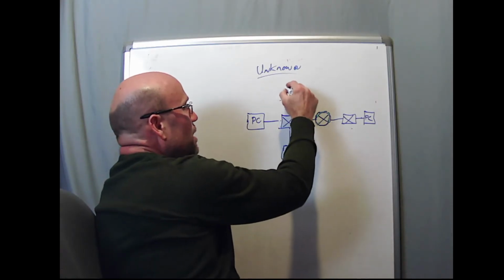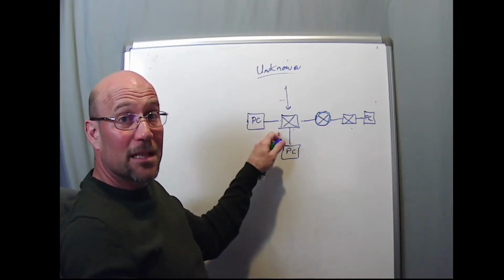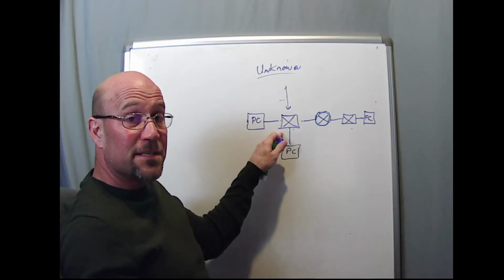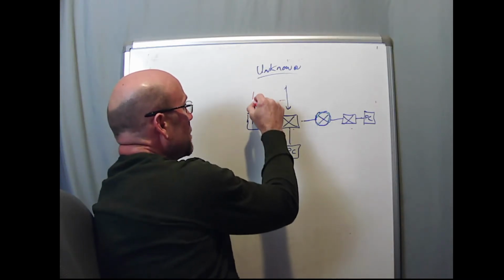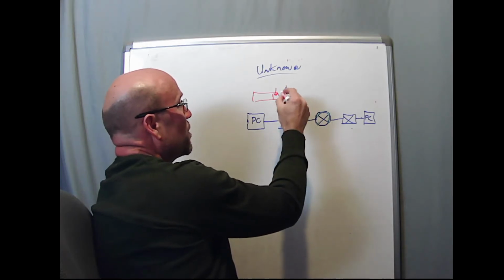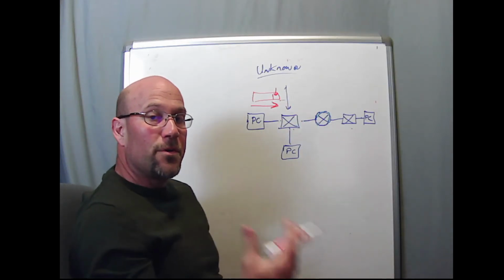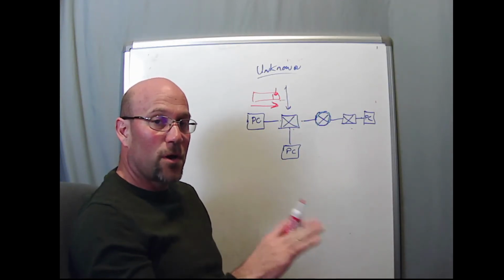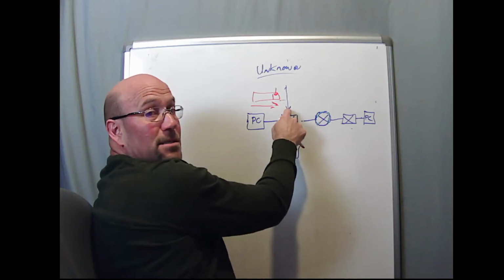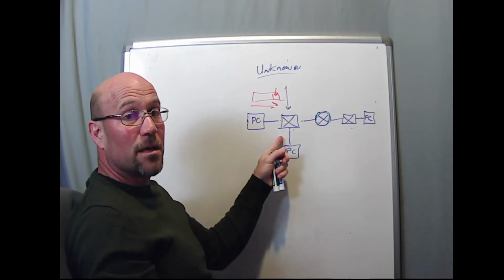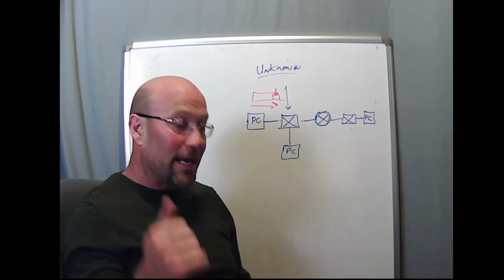I'll tell you. It's unknown inside the bridging table, or the MAC address table, of this layer 2 device, of this switch. If this switch has no knowledge of this destination MAC address inside, remember we're talking about the Ethernet frame that's coming from this PC in this direction. And we already know that Unicast MAC addresses are assigned by the IEEE to vendors and all that. We know what a Unicast MAC address looks like. But as this frame arrives into this switch, if this switch has no knowledge of it, and we'll talk about how it learns it, it's treated the same as a broadcast